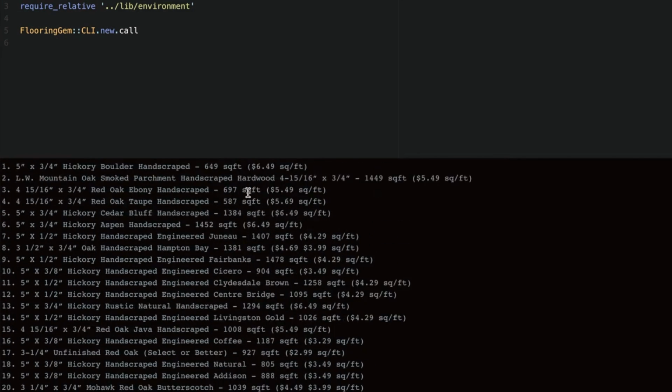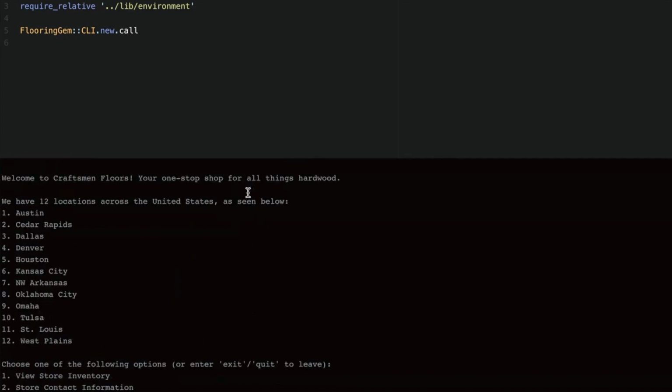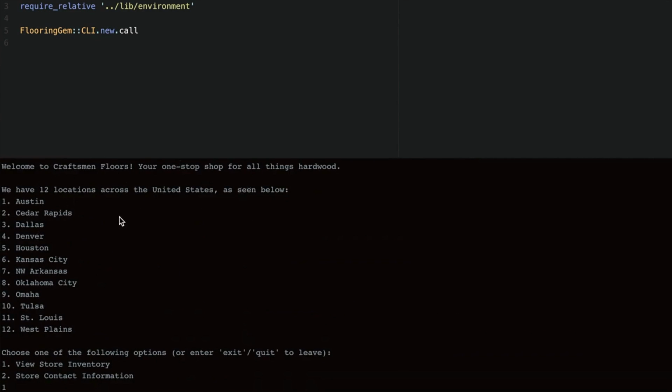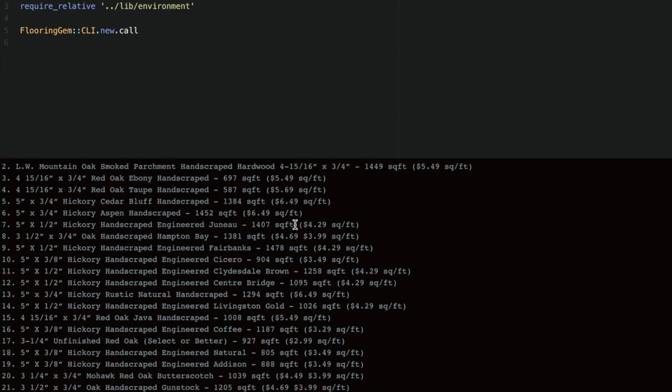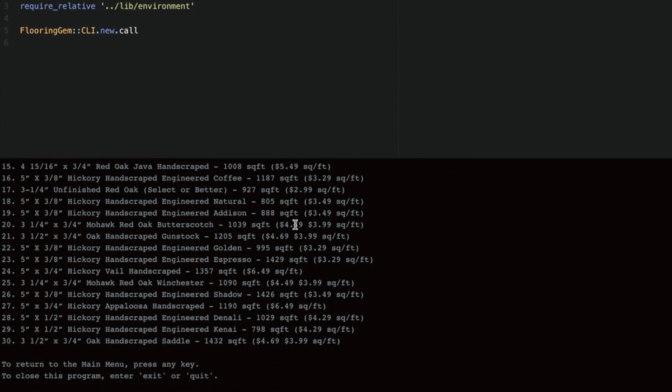If we're going to look at scraped information, we're going to begin right here. All these city names are being scraped from an external website, as well as the name and the price of the product right here. Those are being scraped from a second website as well. So 2 websites are being scraped in this process. Once the user has gone through and they've seen everything they've wanted to see for inventory, they can either push any key to return to the main menu we were just at, or they can type in exit or quit